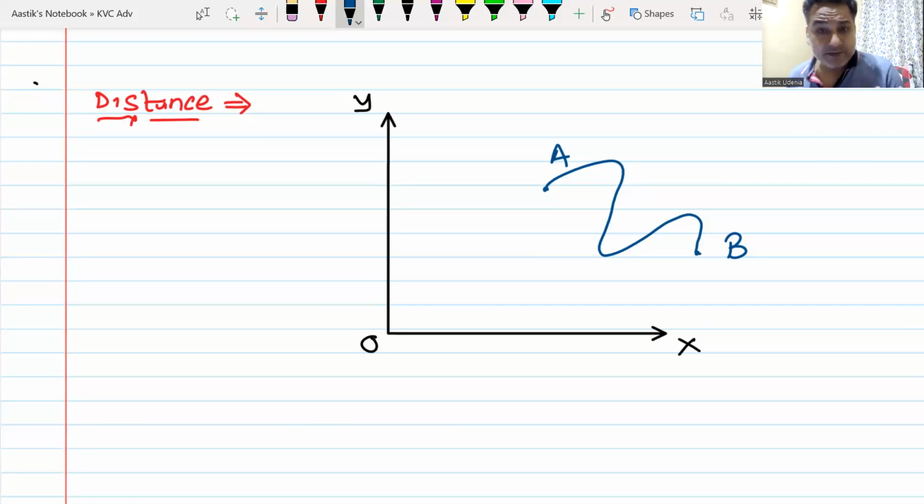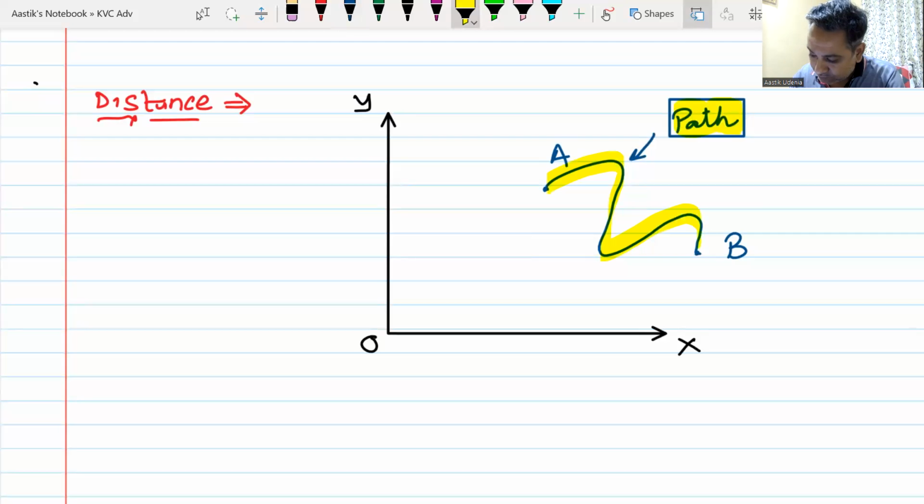Okay. Now, whenever we talk about distance, a particle moves from point A to point B. It travels a path. This is the path that the body has traveled. Yes or no? Yes. Now, what do you mean by distance? It travels a path, and this path has a length. The length of this path is known as